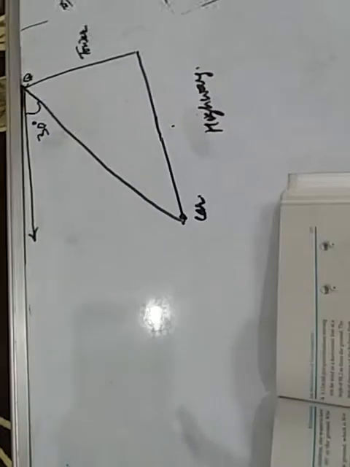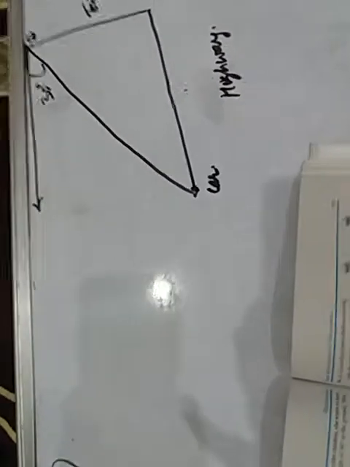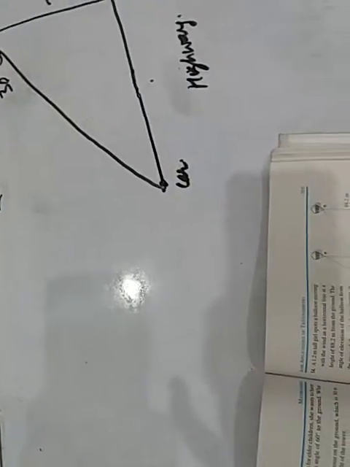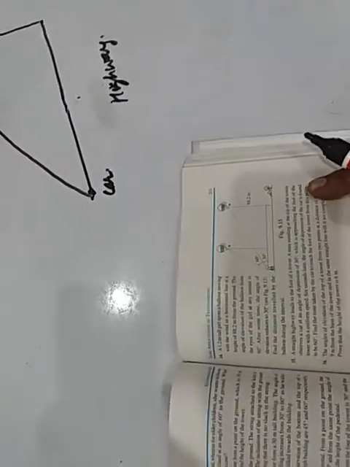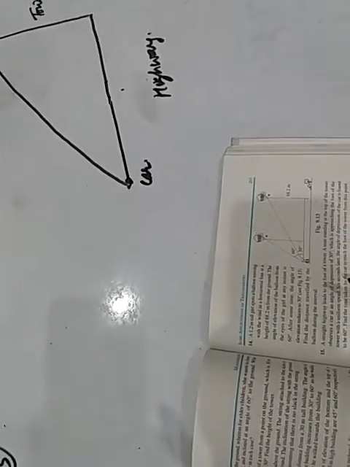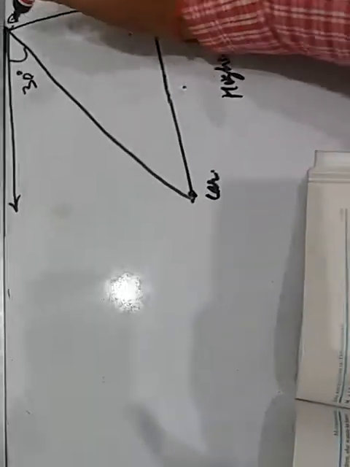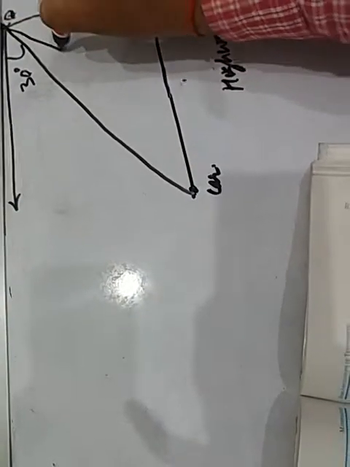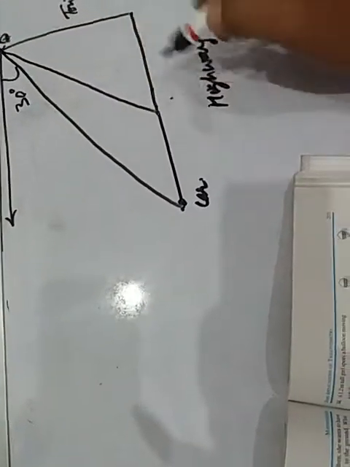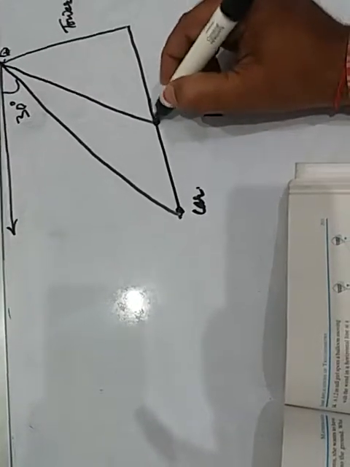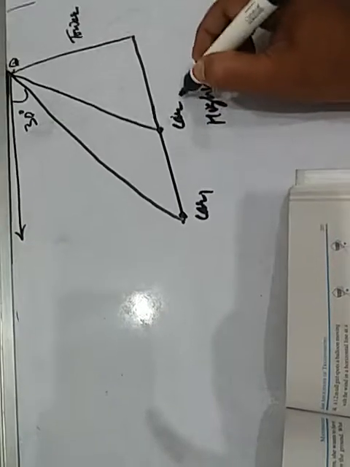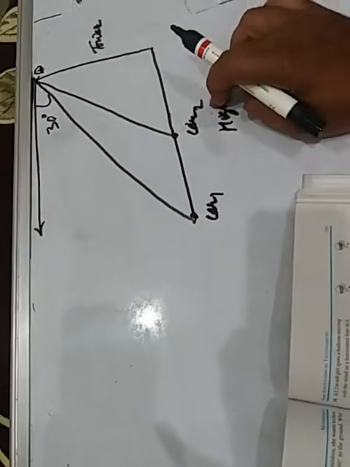That is 6 seconds. 6 seconds later, the angle of depression of the car is found to be 60 degree. Okay, children? That is from here. 6 seconds later, the angle of depression is 60 degree now. This is again the car. That is car 1, car 2. From here you can write down.